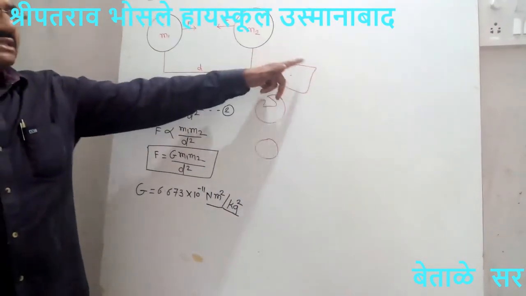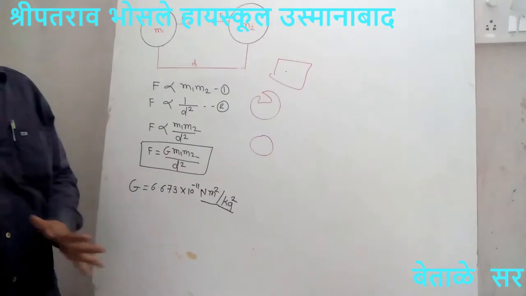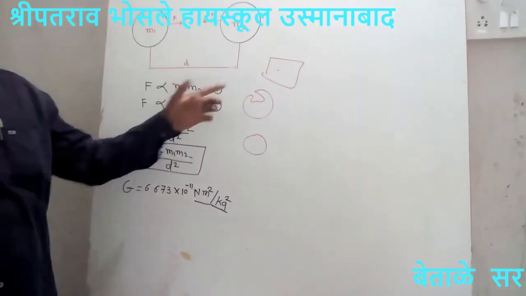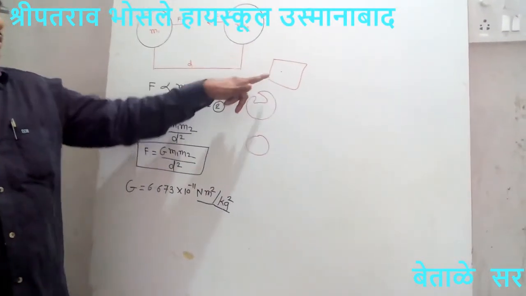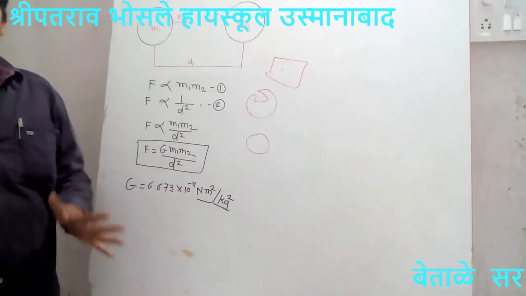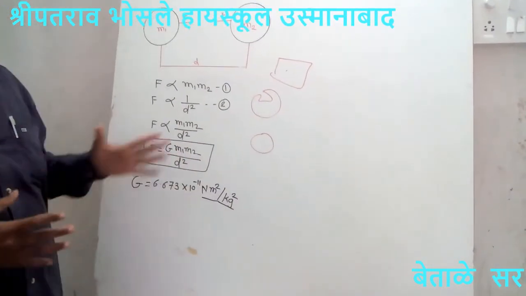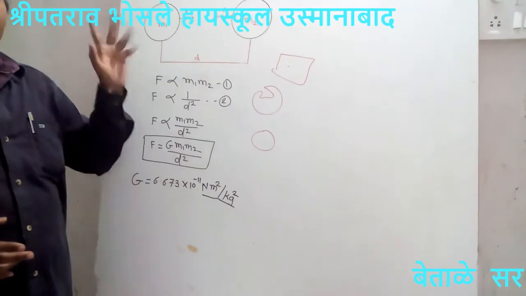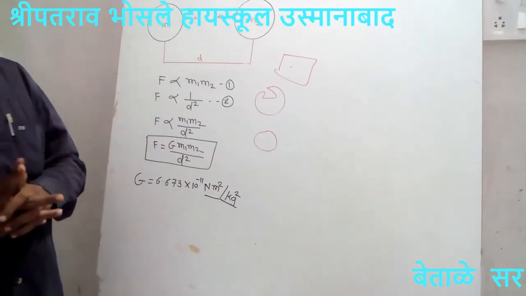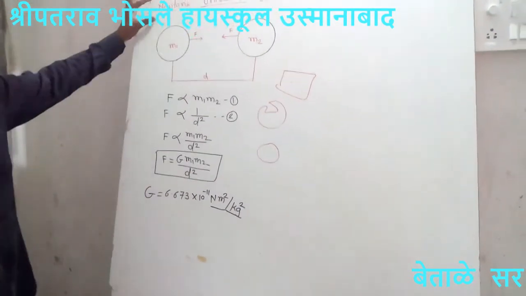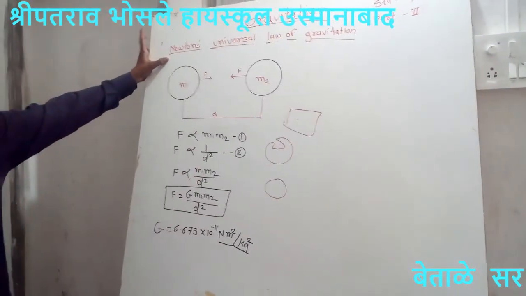तर त्या ठिकाणी जर इनरेग्युलर असेल, तर त्या ठिकाणी जे डिस्टन्स आहे ते त्या दोन बॉडी मधील सेंटर ऑफ मास जॉइन असलेल्या ठिकाणी आपण घेतो. म्हणजे ज्या ठिकाणी सेंटर ऑफ मास लक्षात आलं, अशा प्रकारे आपण इथे न्यूटन्स युनिव्हर्सल लॉ ऑफ